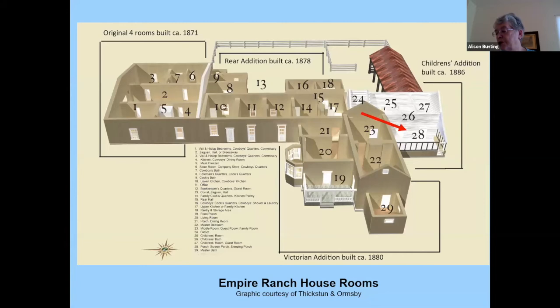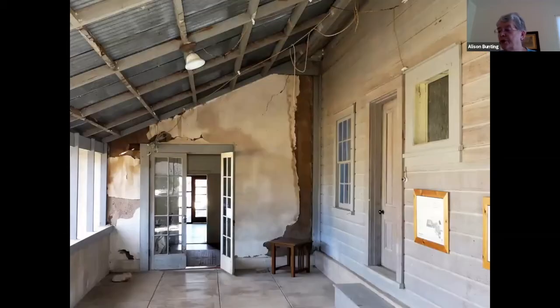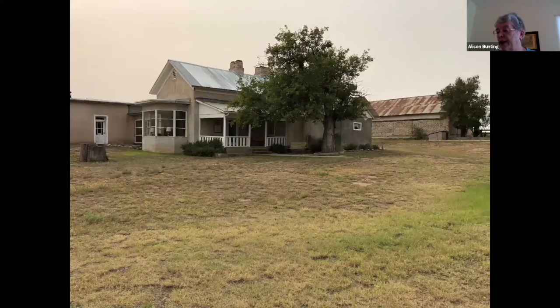The Vails converted the original small porch on the children's addition, which is room 28, into a sleeping porch in the 1920s. The building you can see to the south through the screen is the adobe hay barn. Here you can see how the adobe wall of the middle room attaches to the wood frame of the children's addition. We're now going to go outside and take a quick look at the areas surrounding the